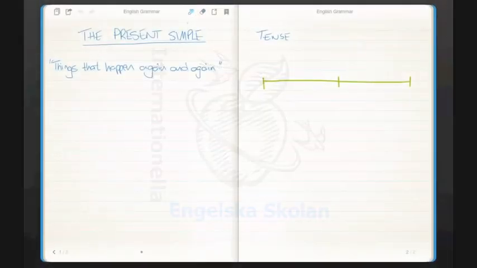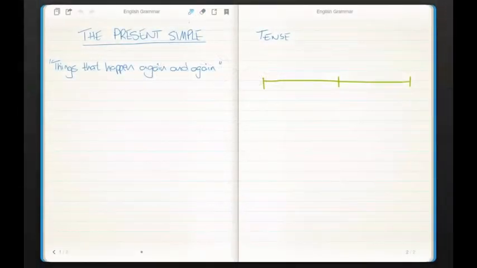Okay, and welcome to this presentation about the present simple. The present simple is a tense that we use in English to talk about things that happen again and again. I've written that down here so you can see that. Things that happen again and again. And for those of you that are unsure about what a tense